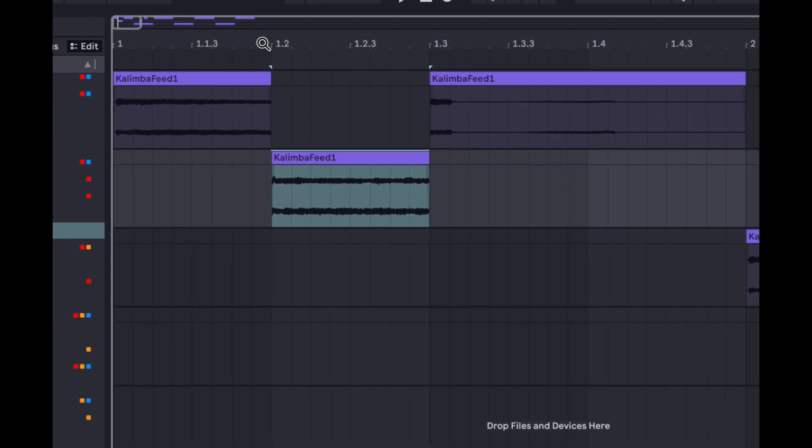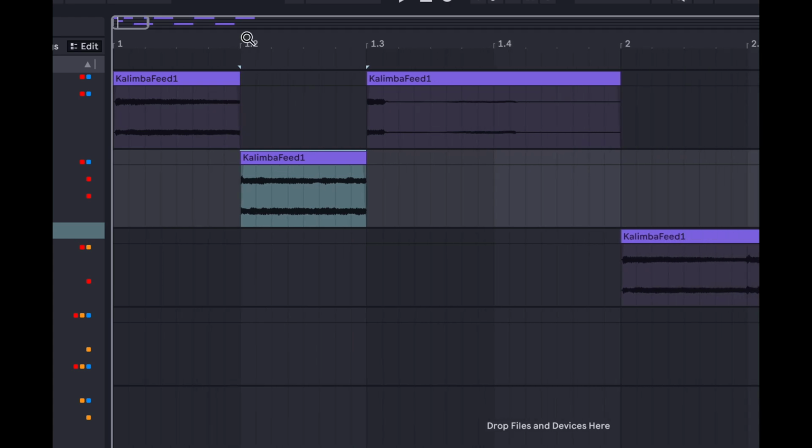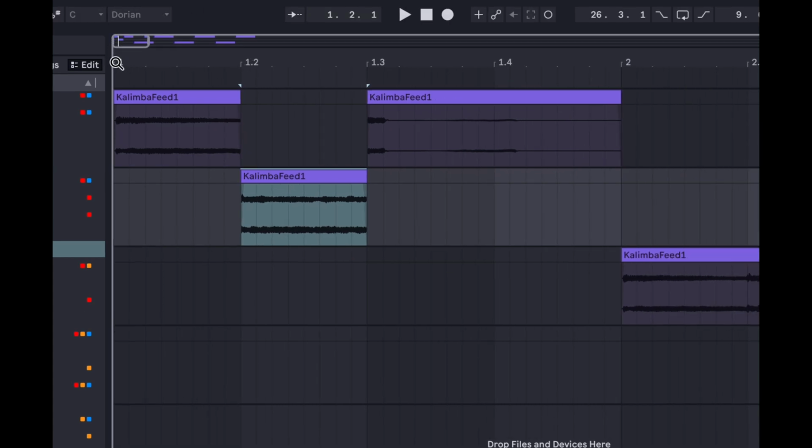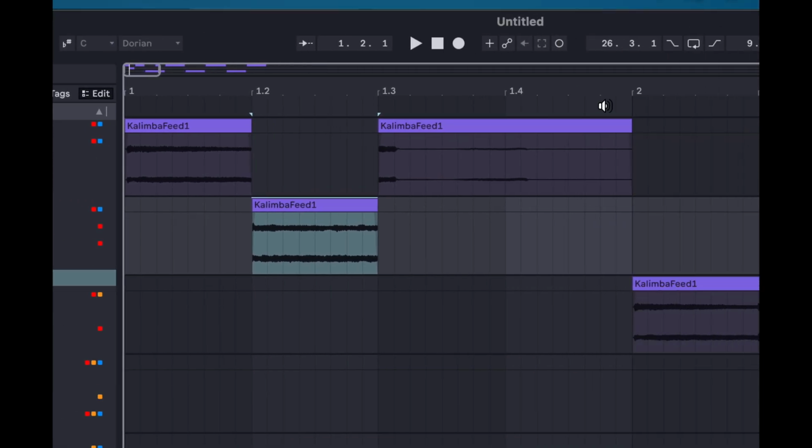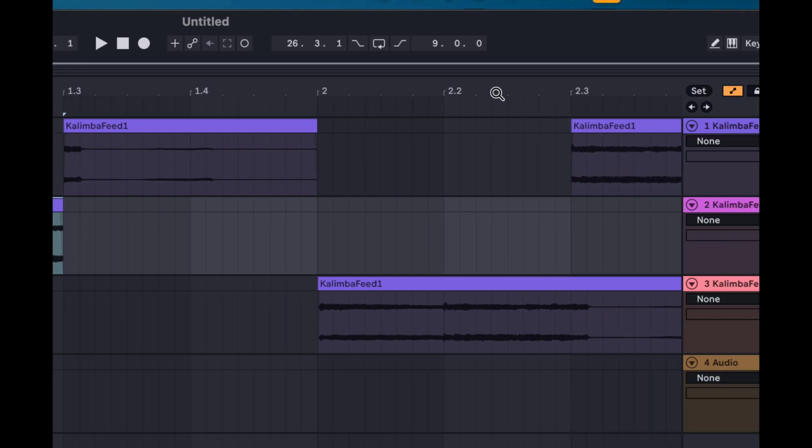And if I zoom in, for instance, you can see measure 1 starts at the beginning here, measure 2 begins right there, and we have measure 1 beat 2, measure 1 beat 3, measure 1 beat 4, because I'm in 4/4 time. And then it goes to measure 2 beat 2, measure 2 beat 3,